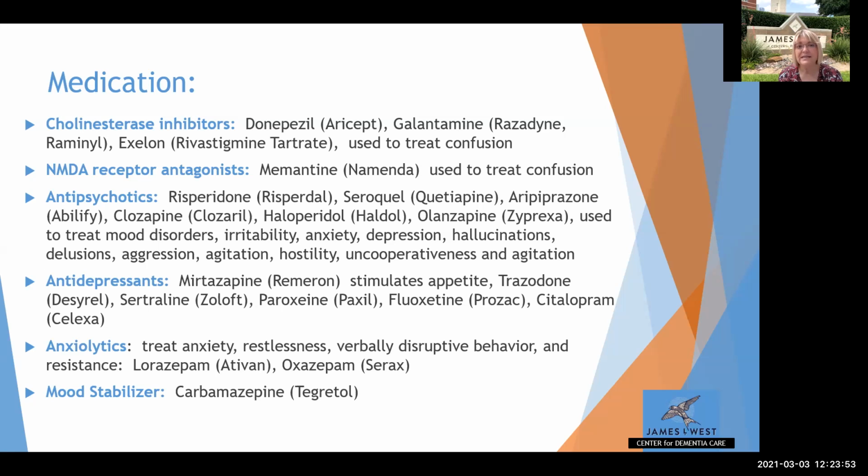Some people will use an antipsychotic because they can be used for mood disorders, irritability, anxiety. But people will hear that term antipsychotic, or they'll just Google it and read the first thing that comes up and they're afraid of it. But you have to look at all of the different things that it treats. An antidepressant, like Remeron, is an antidepressant, but it's also an appetite stimulant, because